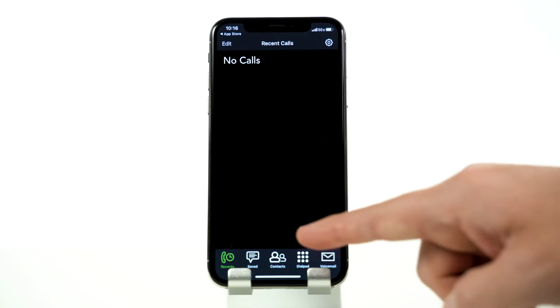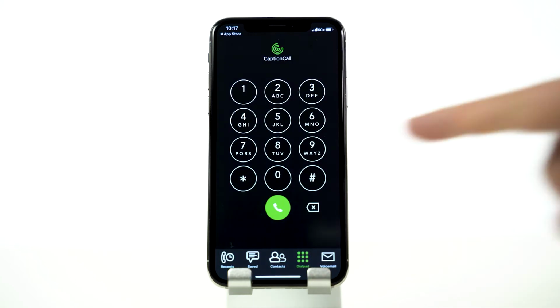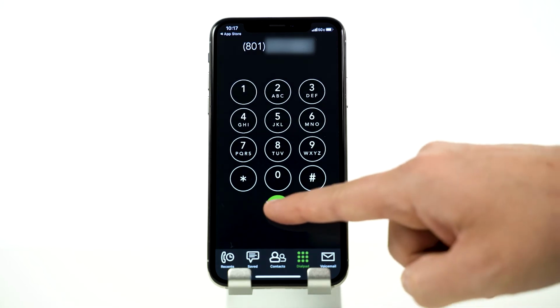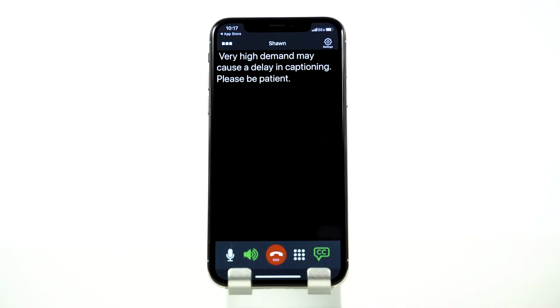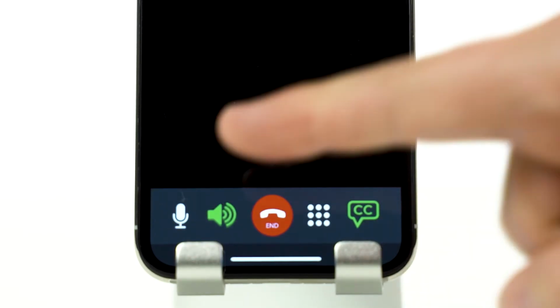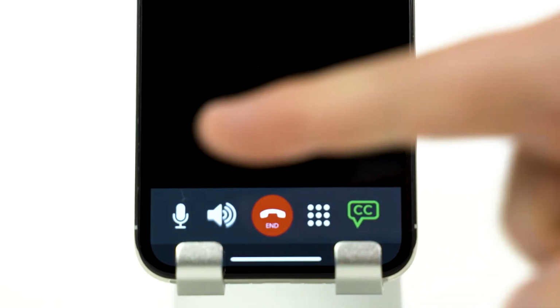After completing the first time setup, you will see the main screen. Simply dial a number and press the green call button to make a call. Captions will automatically begin when a call connects. At the bottom of the screen, you can mute your microphone, switch your audio to speakerphone or a connected Bluetooth device,